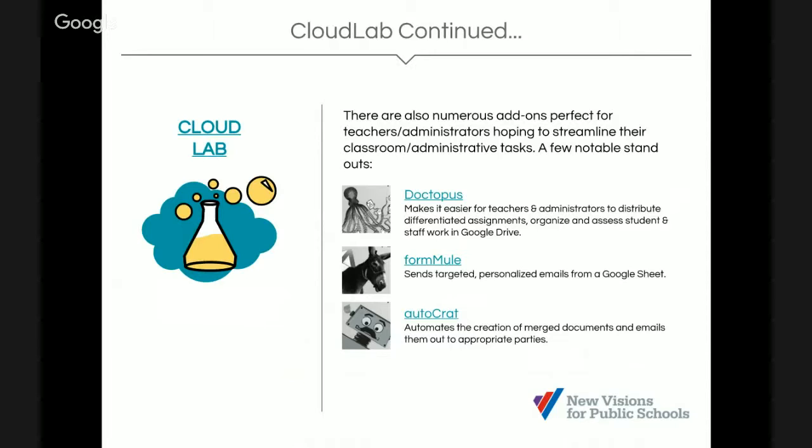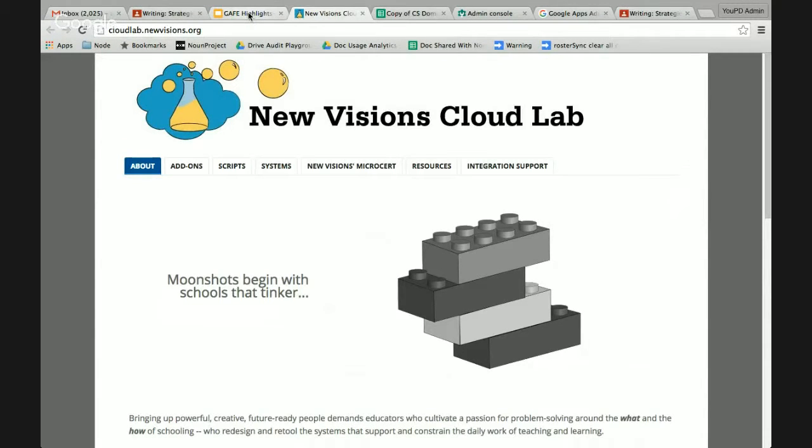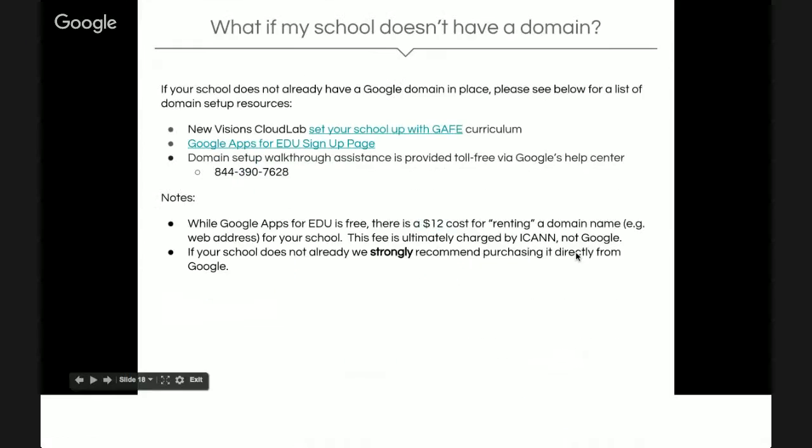If you do want to learn more about this, on the slide deck, if you click on each one of these, it will take you to the Cloud Lab site where these are located. And if you also click on Cloud Lab, it'll take you to see more of what we work on day to day. And again, in order to have this be an active link for you, you need to make sure that you go to the slide deck directly and don't just click in the YouTube screen. Yeah, and we'll provide you again with that information at the end. So to go back to this,